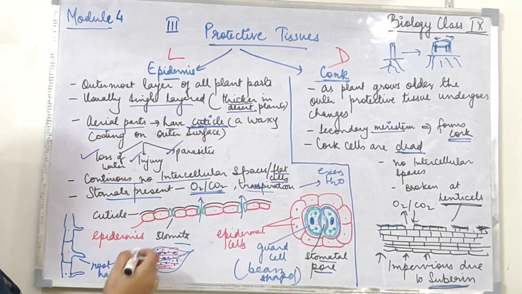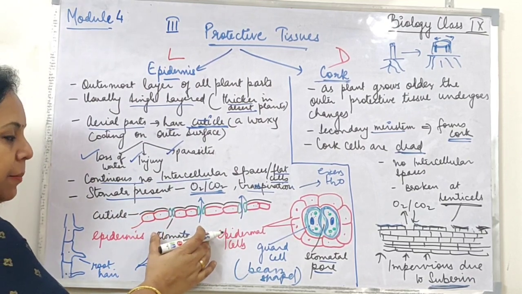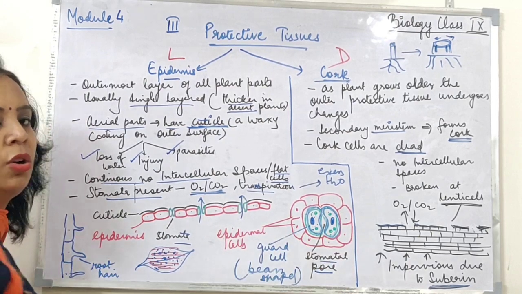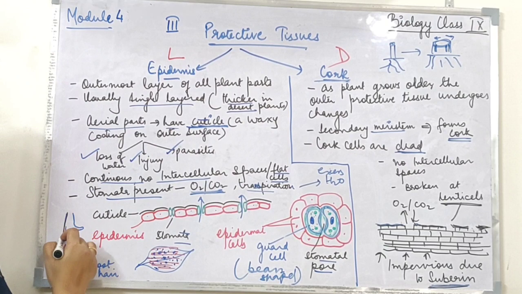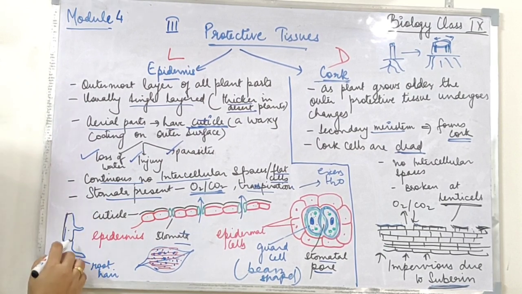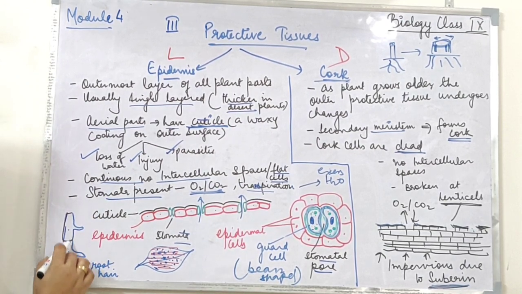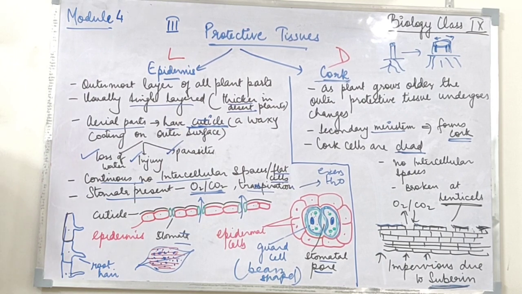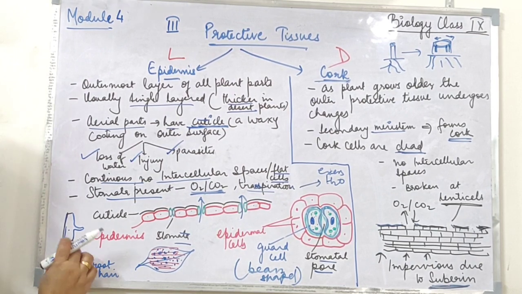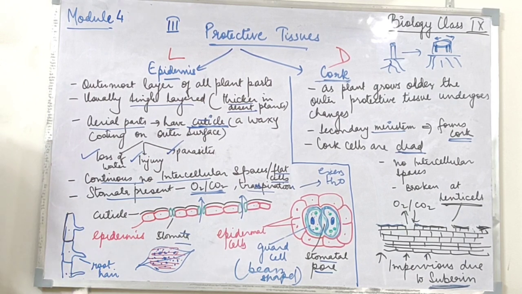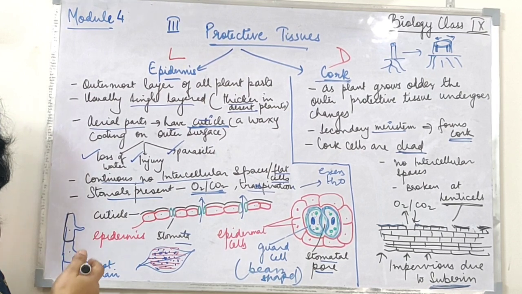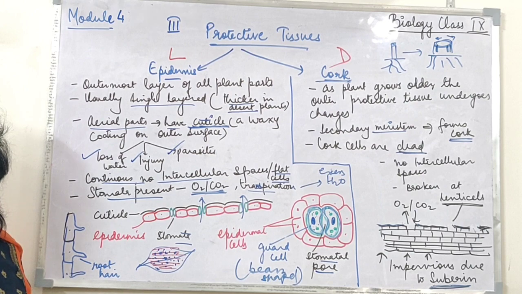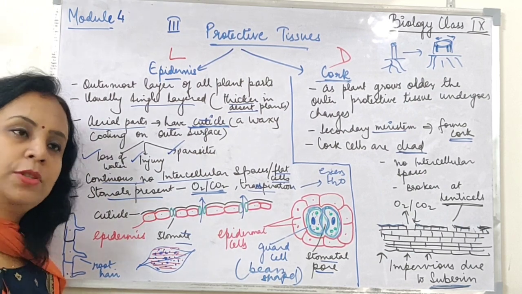Now over here I would just like to mention, we have seen the structure of epidermis also. We have seen the role of stomata in the exchange of gases and in transpiration. In case of roots, if we see the epidermal cells, they are having these root hairs which are very, very thin, single cells only. They have got projections, and what do these root hairs do? They increase the surface area of absorption of water. So over here, in case of roots, the epidermis is performing the function of absorption of water.